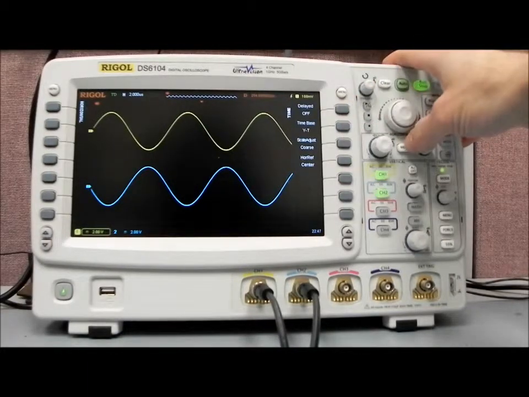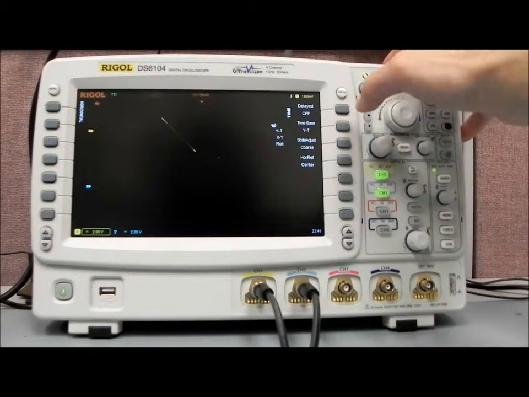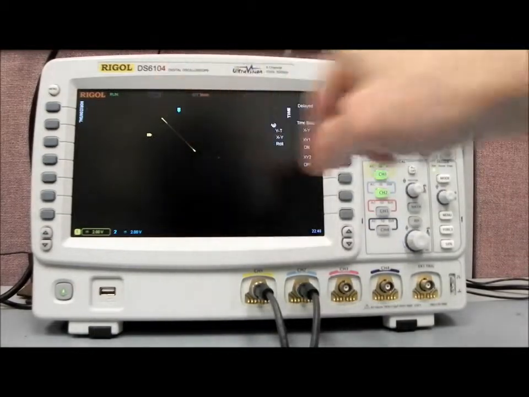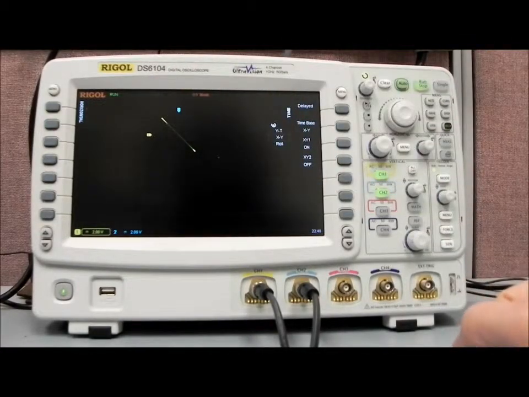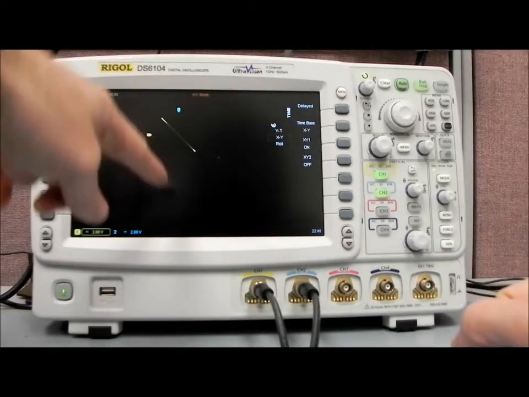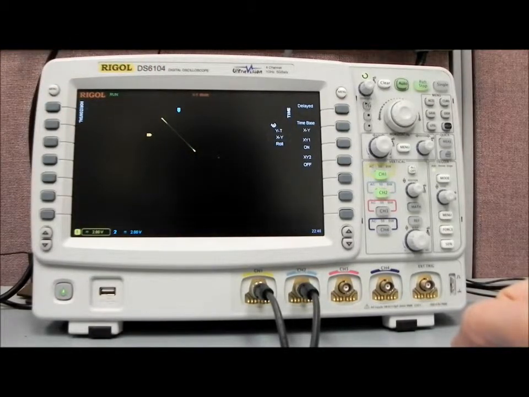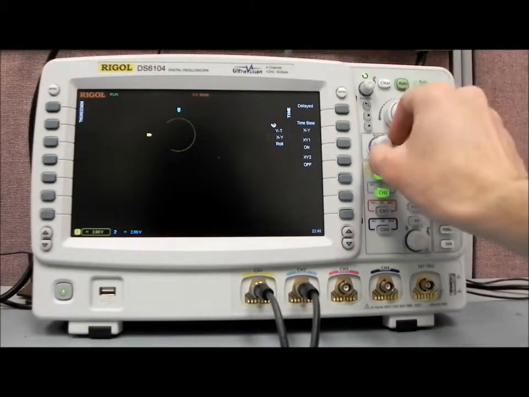And so we go to menu in the horizontal and we change the time base to X versus Y. And now you'll see that we have a line that's been drawn. The reason that we have a line is, and again, this is channel 1 versus channel 2 being plotted. Again, these are 180 degrees out of phase. If we set them to 0 degrees out of phase, you'll see that it flips the line. If we set them to 90 degrees out of phase, that will become a circle, and we may need to